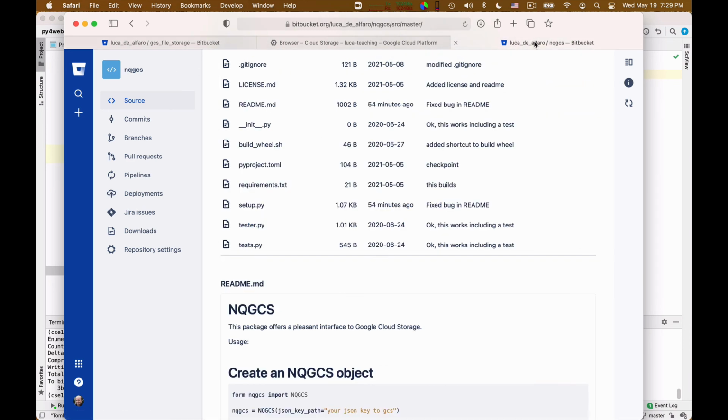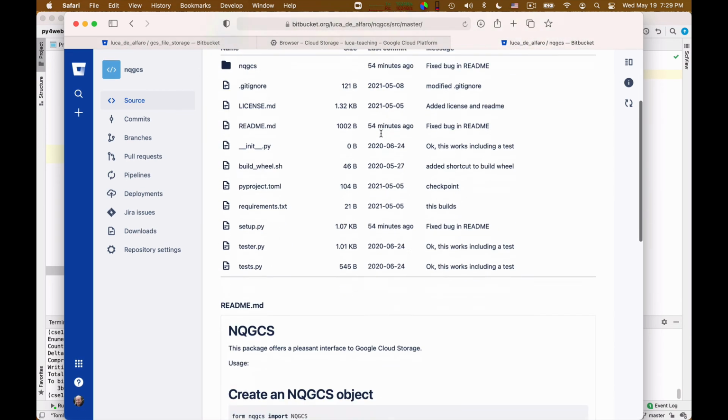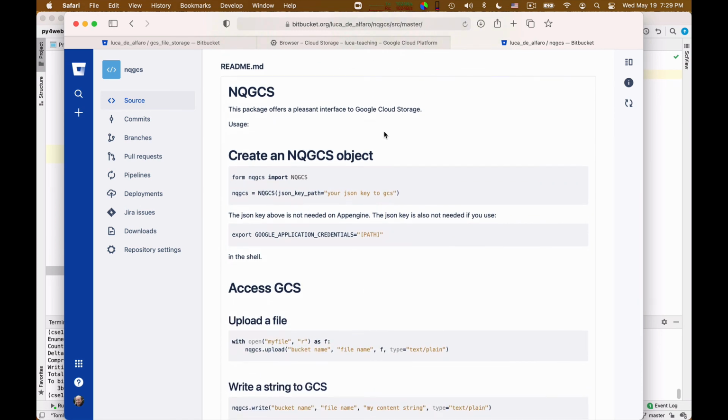This is NQGCS, which is so called because it's not quite GCS. One of the things that I believe is that Google developers are absolutely great in their technical skill, but are not necessarily great in their love for simplicity, and they sometimes create fairly contrived APIs to their services.